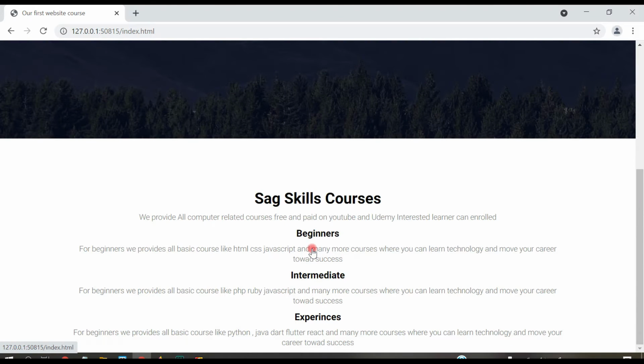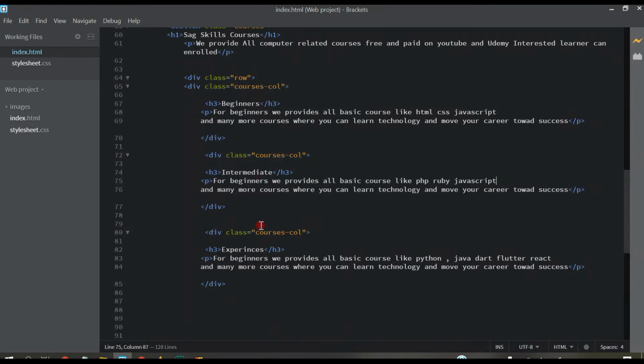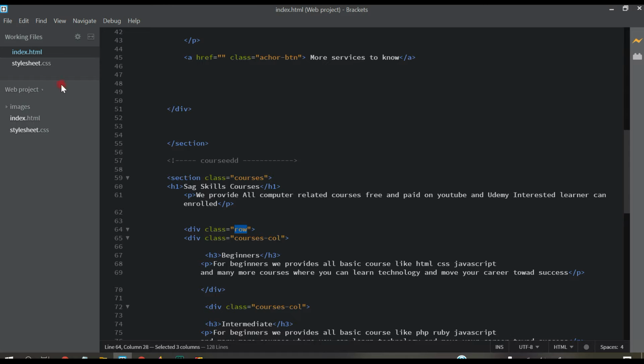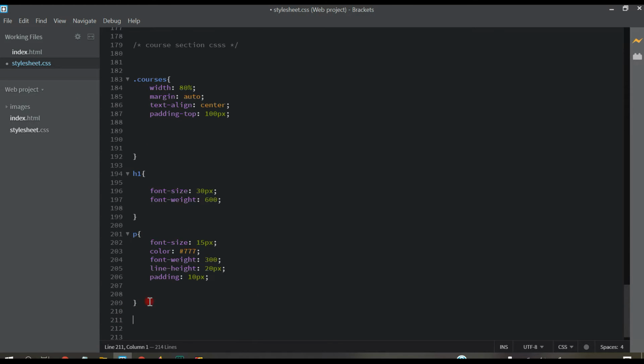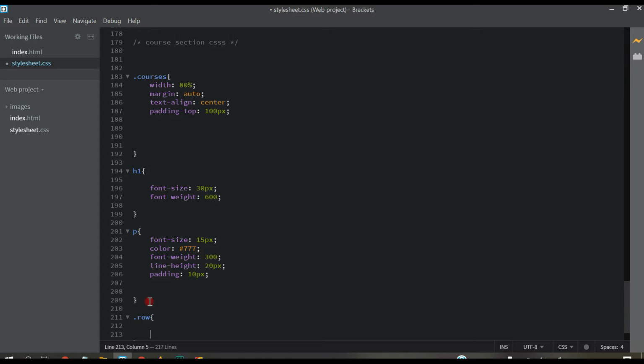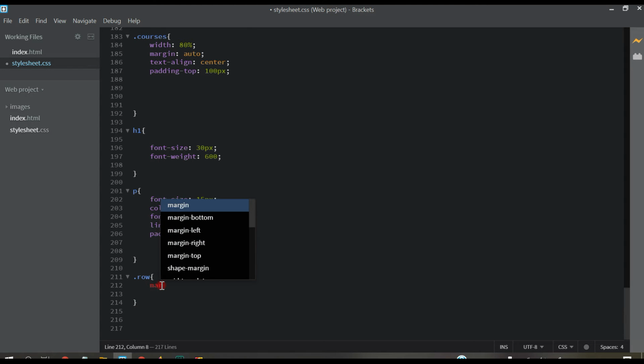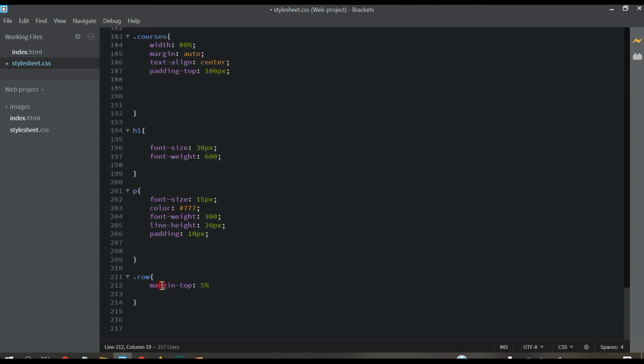So come to CSS, and first of all, just copy this row class, come here in the CSS, and write like this: margin-top 5%, and display flex, justify-content space-between. Control S, let's see how it looks in the browser.